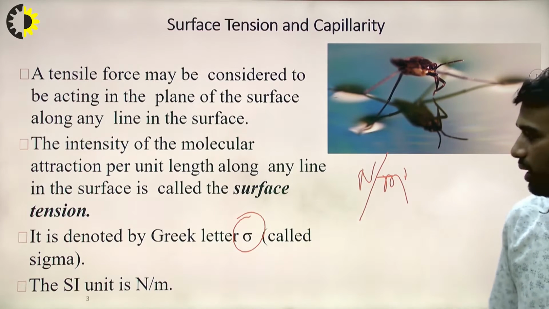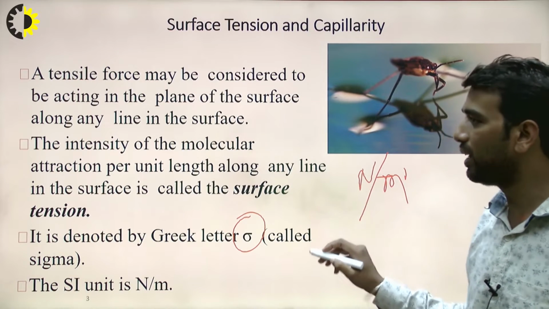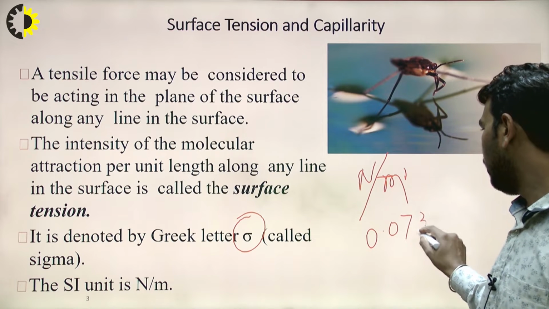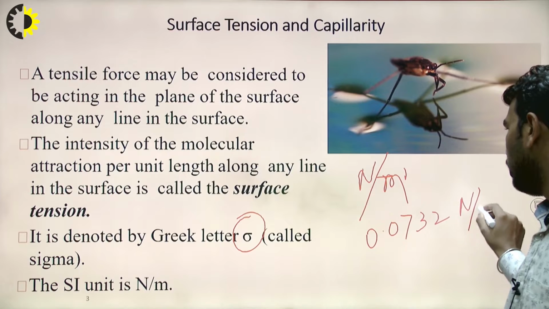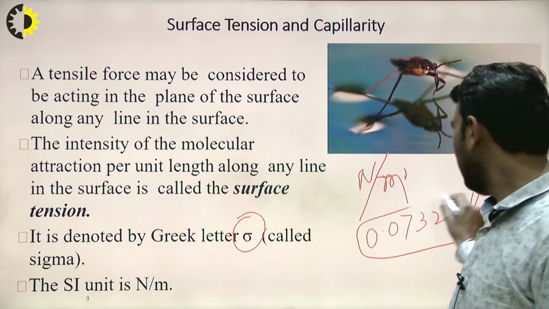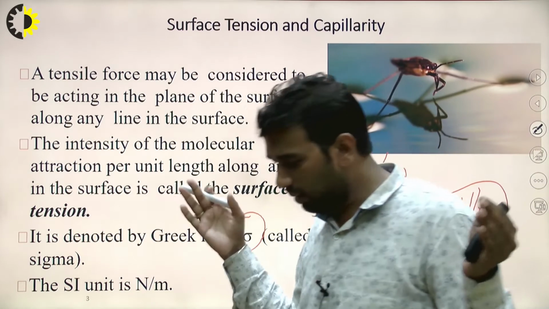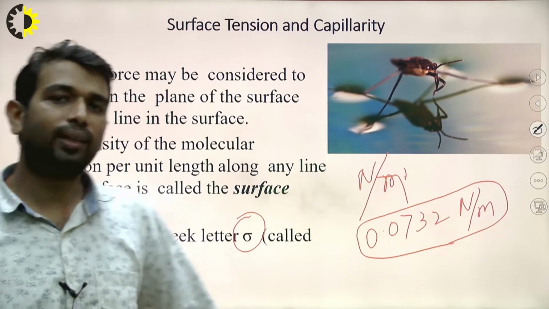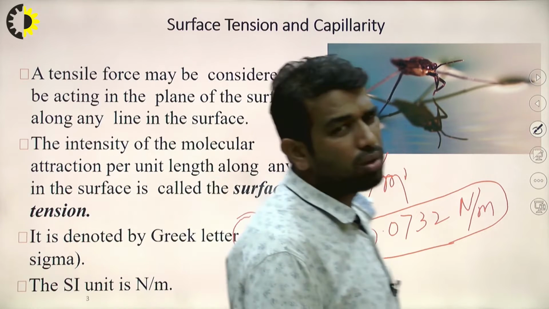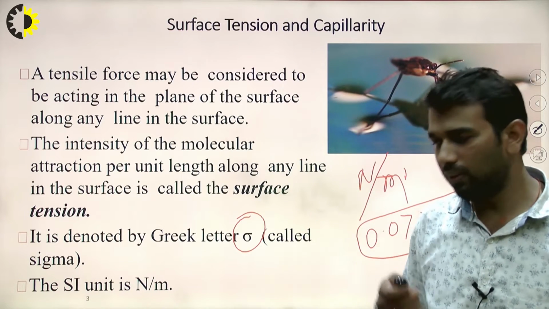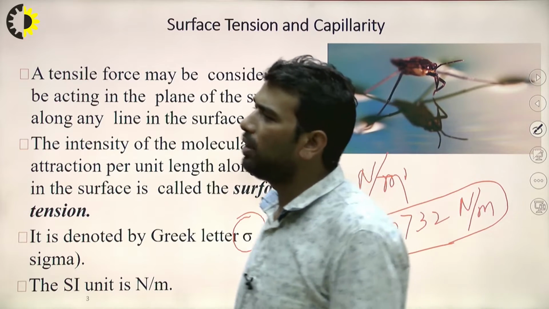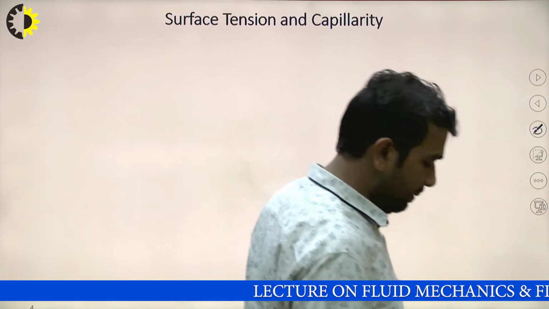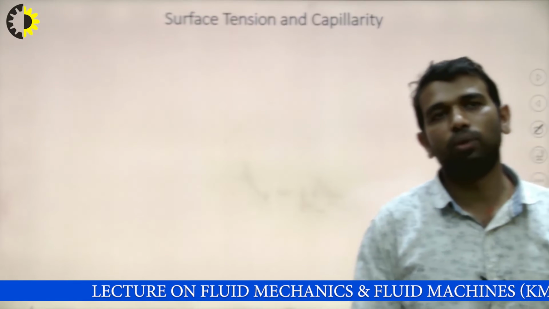If you take one example of a fluid, that is water. The magnitude of the surface tension for water is 0.0732 Newton per meter. So in 1 meter length of the water surface, you are going to get this much force, that is 0.0732. You can understand how small the magnitude is. Even though the force is denoted in Newton, we choose a particular meter length so that we have a considerable magnitude of the surface tension. So we have to understand that.